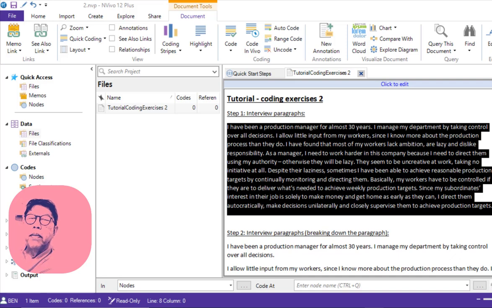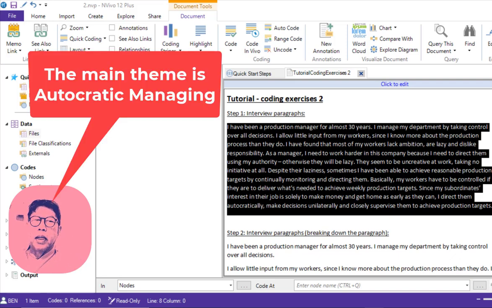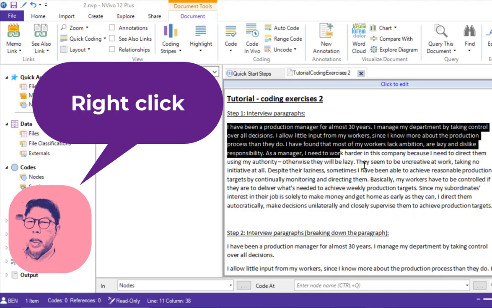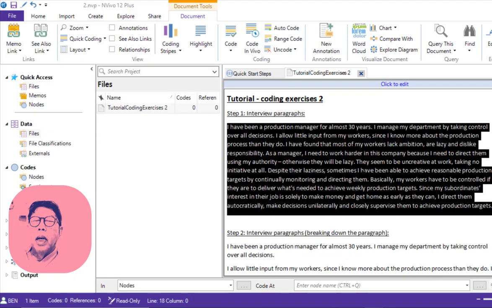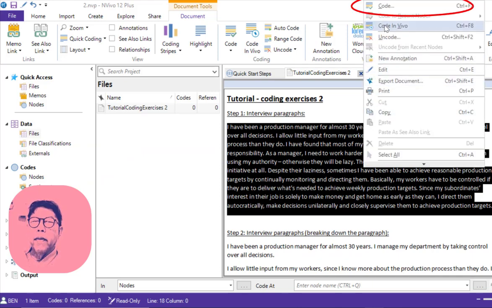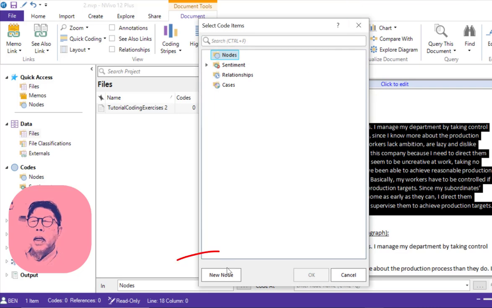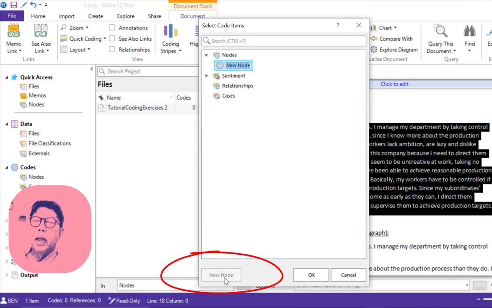After rereading, I can conclude the main theme, the central one, is management. What type of managing? Autocratic managing, controlling. So this is the main theme. If you right click now, highlighting the sentence, and then right click the top one, code, and then click new node there.